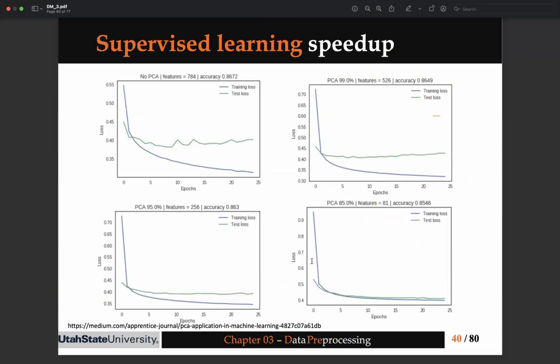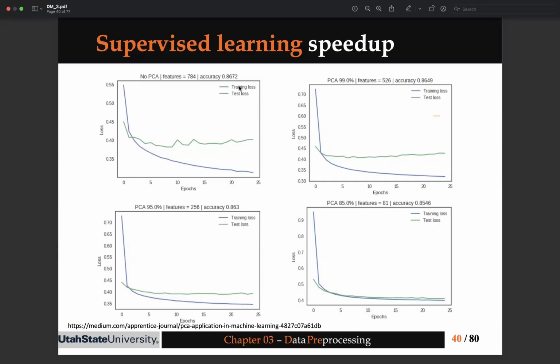These are some examples of real trained models on the original space, without PCA and with PCA as well. You can see the impact of PCA on the training and testing losses. In this case, the lower the loss, the better. I'm also going to discuss the accuracies, which are written in the titles of the subfigures. So without PCA, my accuracy was about